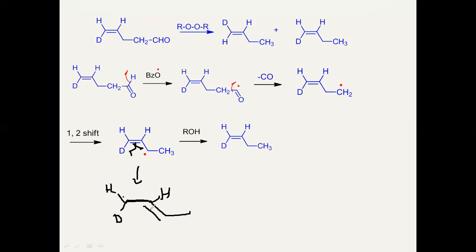And in such a case also, when deuterium takes the position of hydrogen and hydrogen takes the place of deuterium, it will give the trans product, and then again rearrangement takes place. Once hydrogen and deuterium change their positions, there is formation of this resonance structure, giving double bond character, in which the deuterium is locked, double bond rotation is locked, and then this radical takes a hydrogen radical and forms the trans product.